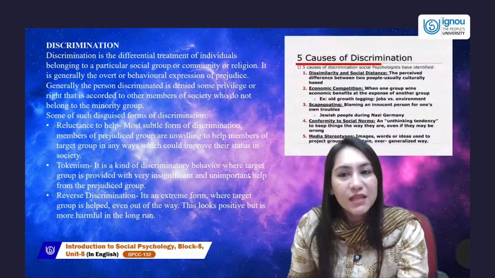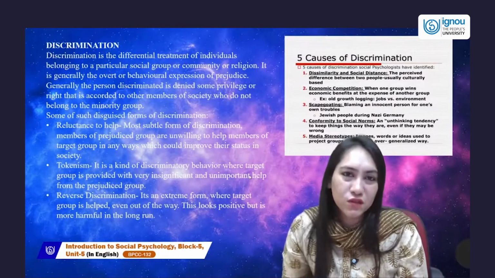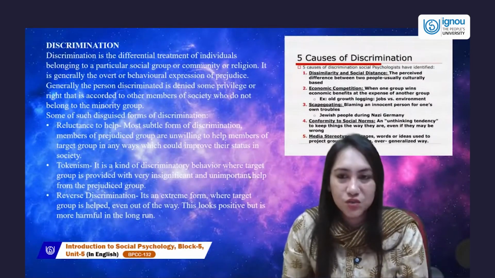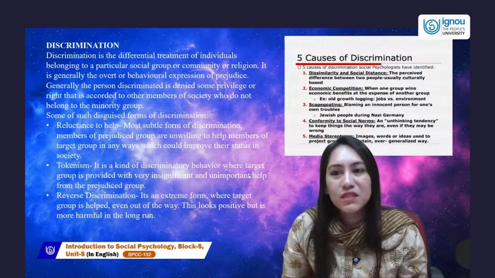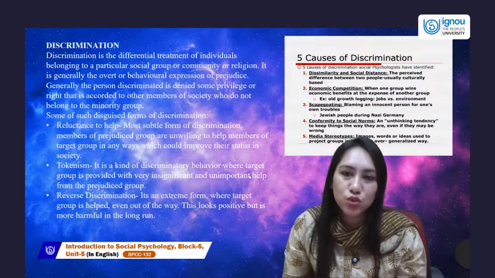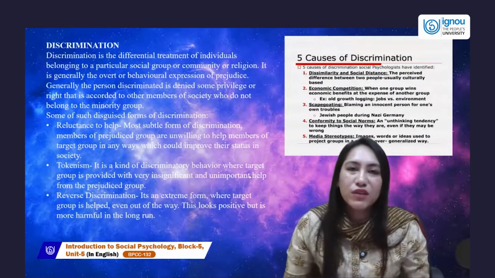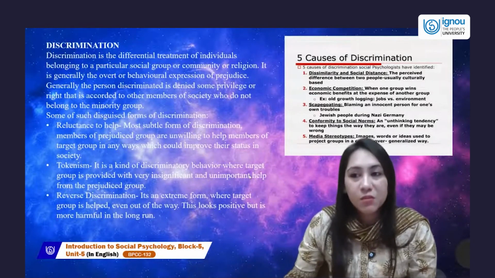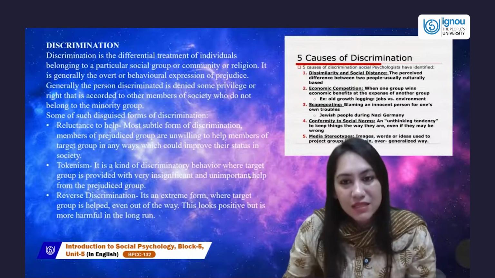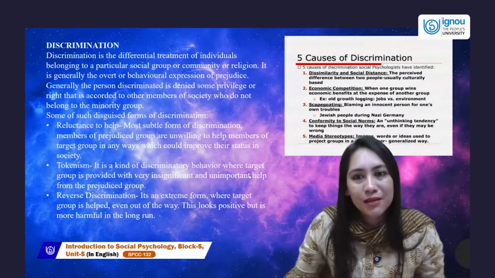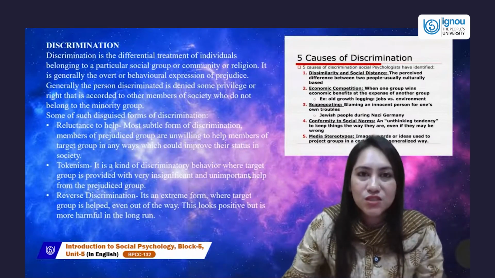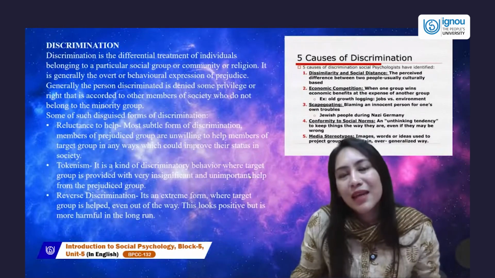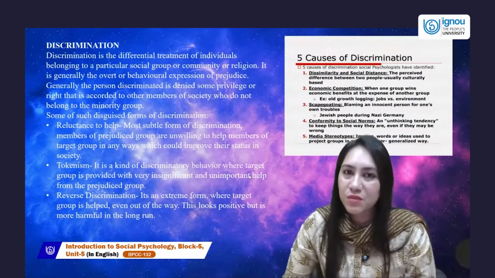Let's move ahead. Let's see some simple causes of discrimination. What are the causes? The picture that you see. At times, the causes of discrimination could be dissimilarity in social distance. One of the first is that we end up perceiving so much about people. We make so many prejudgments, culturally based, that we are so distinct to communicate that those differences just keep growing, and that leads to social distance and further discrimination.